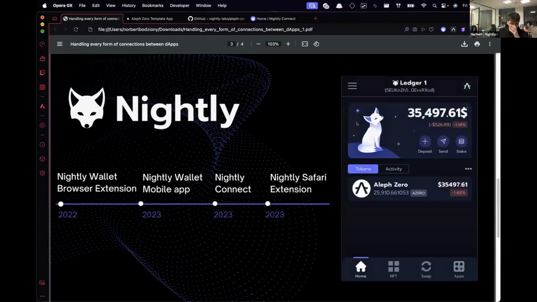What's Nightly? Nightly is basically a wallet that grew into a much broader ecosystem. We are currently supporting multiple blockchains and expanding rapidly. We are also the only multi-blockchain wallet supporting a Safari extension, which is actually coming to LFZO really, really soon. I will be mostly focusing today on Nightly Connect, which is our